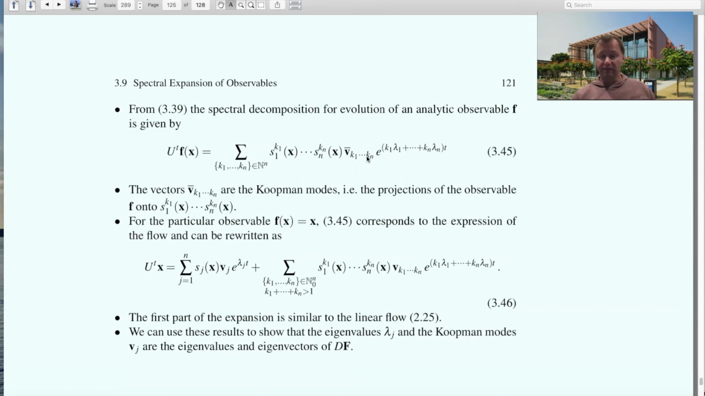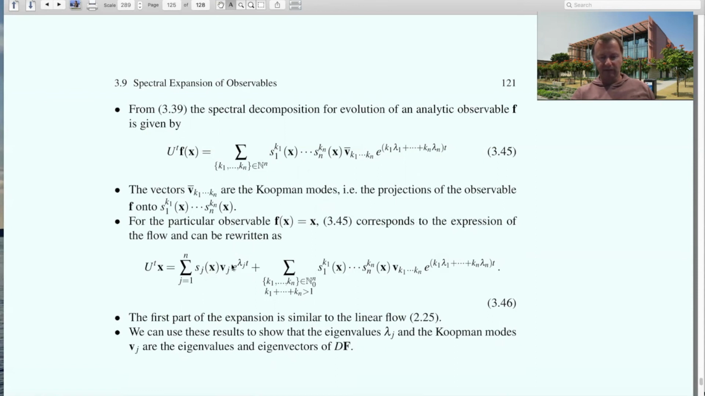One of them is the time average mode. One of them is the eigenvector mode. And then we have these additional, quote unquote, nonlinear modes that also participate in this expansion. And so if we take the observable f of x is equal to x, then this turns into this expression here, where we have